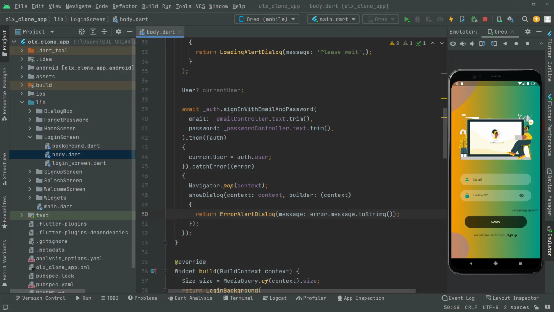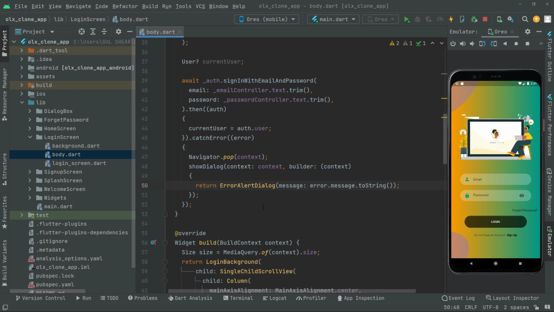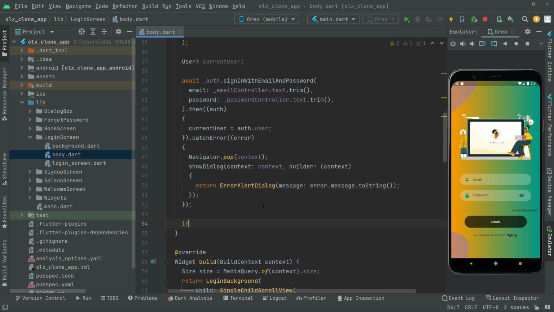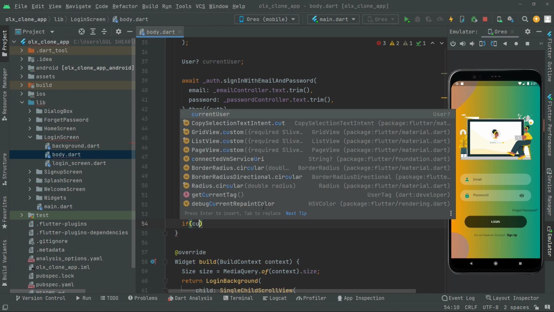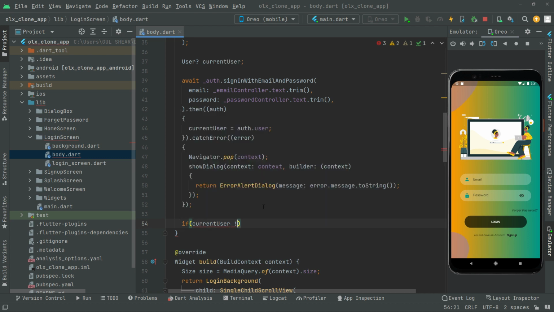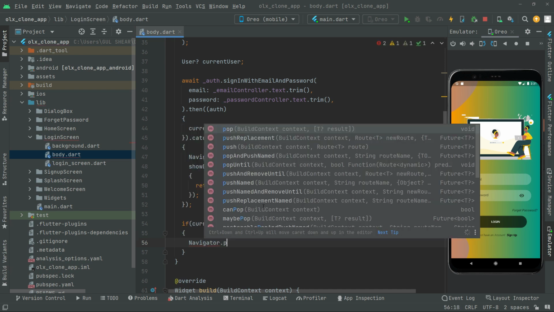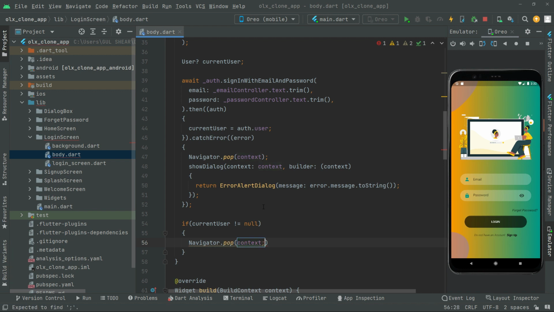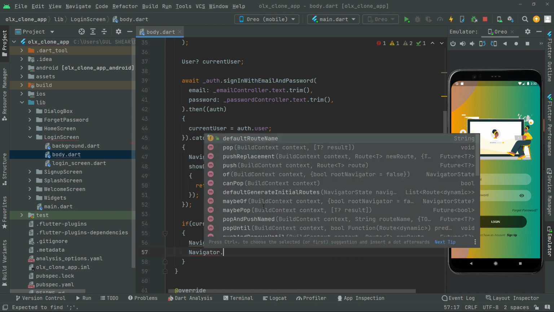Now right after that we will simply also set the if condition, in which we will say if that current user is not equal to null, it simply means that if that current user will be there. Okay, if it's online, then what we will say, Navigator.pop(context), provide that in here. It's gonna remove the dialog box, and then we say